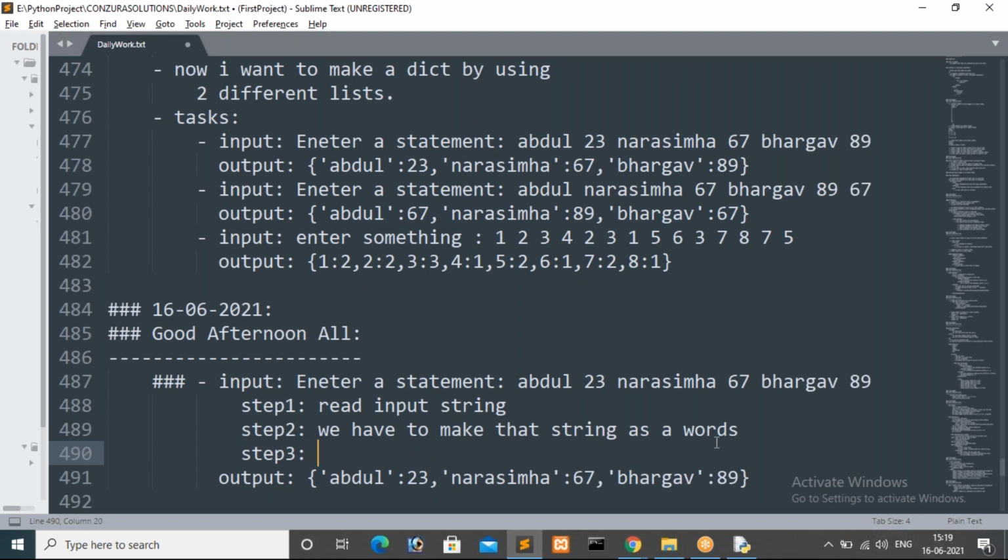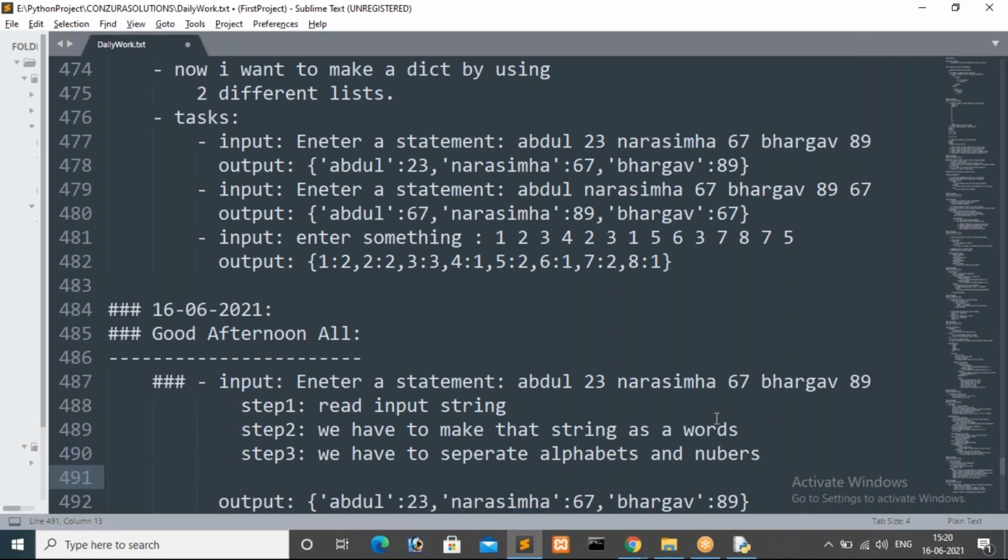Now we have to separate them, guys. So we have to separate words, alphabets and numbers. That is the third step.